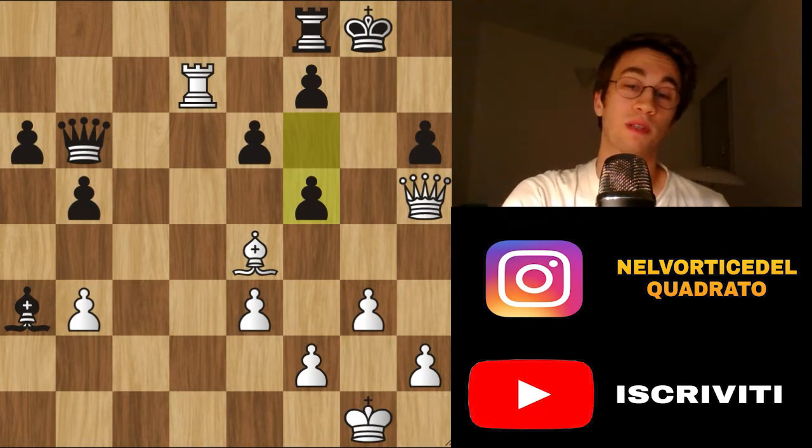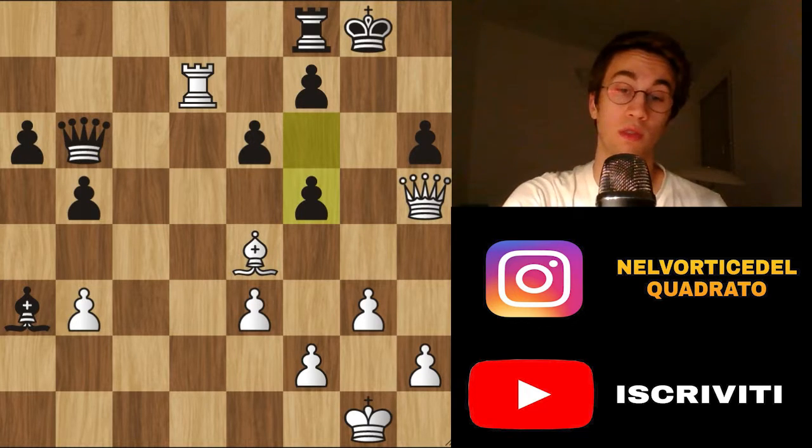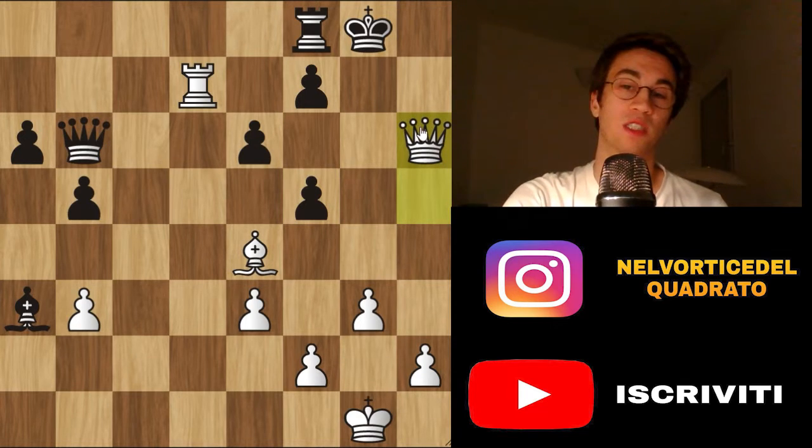If you want to stop the video to try to find the best move for White here, it's really difficult, because you have to see everything from the beginning, from when you play bishop e4. Here White plays queen captures h6, and now this bishop is hanging. This is a beauty, because